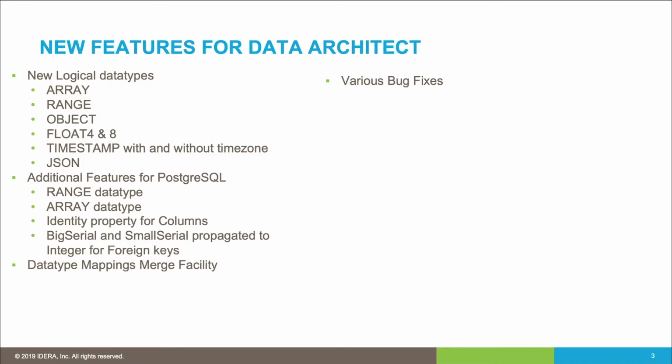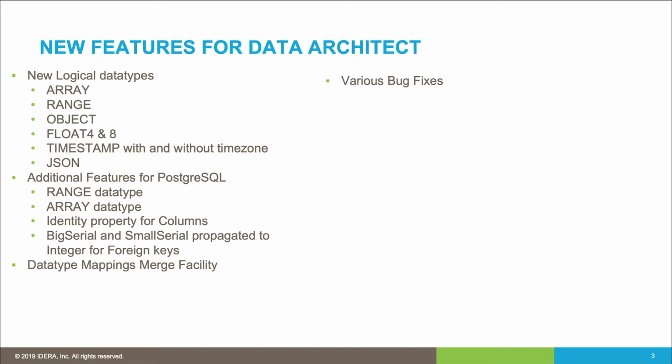We've then added new data types to Postgres as well, namely the range data type set. So there's a number of range data types and the array. We also now support the identity property and also our special behavior. And this is fairly unique in data modeling tools. So in ER Studio, when you set a primary key to be a serial data type, and now we support the big serial and small serial of Postgres,